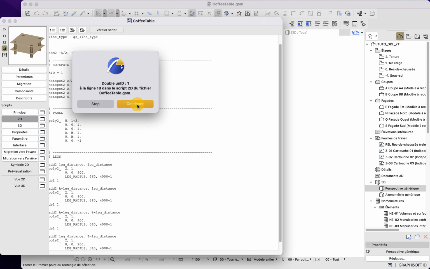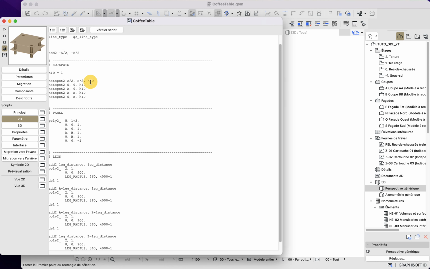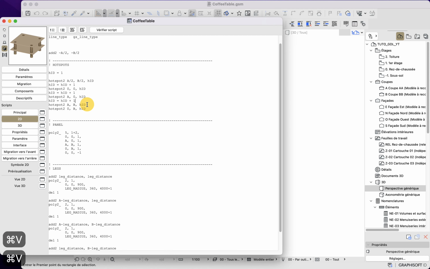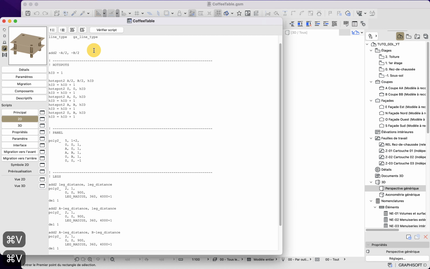Yes, I have an issue, obviously, because here it is a unique hotspot. But here you can see that the value of this hotspot is 1 for all of our hotspots. So I will need to increment it. So here, HID equal HID plus 1, simple as that. And then I will copy paste this part of my code here under all of our hotspots.